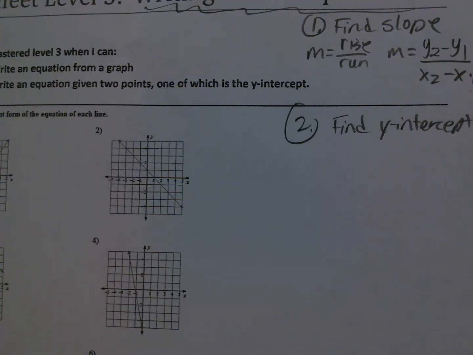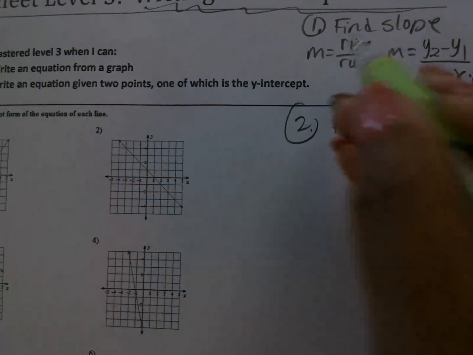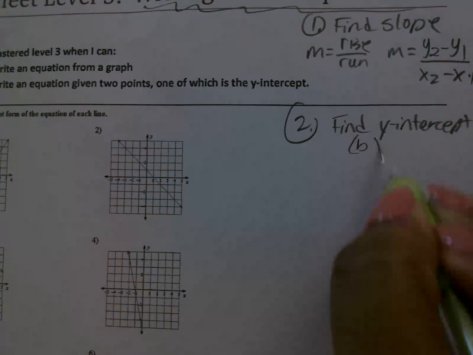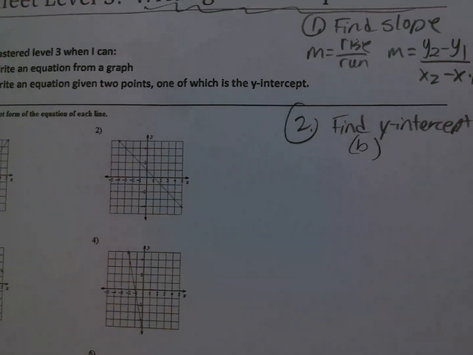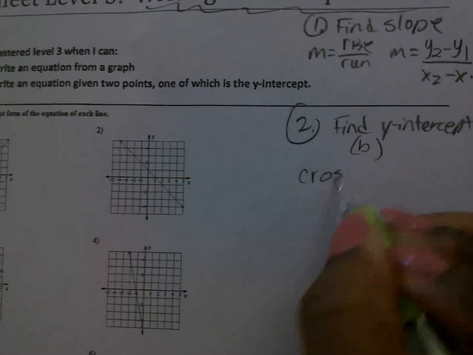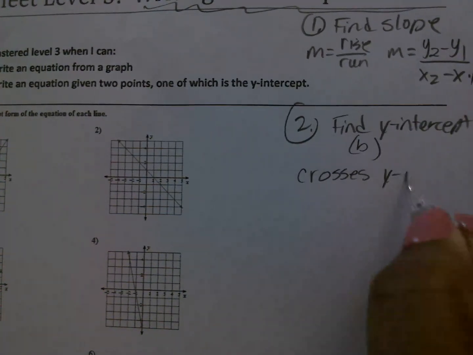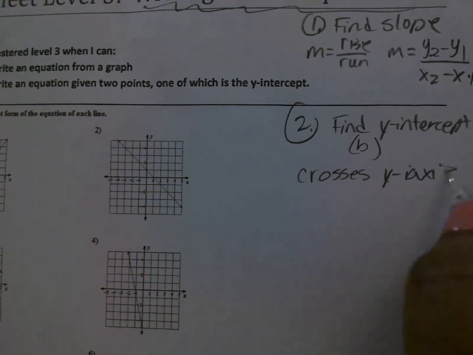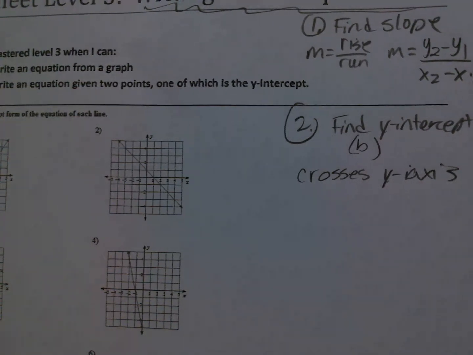Yes, what do you think? It's b. It is the letter b. m is for slope. b is for the y-intercept. Where it crosses which line? The y-axis. Very good. Crosses the y-axis. And the other way is to use